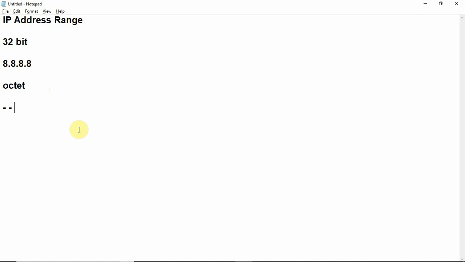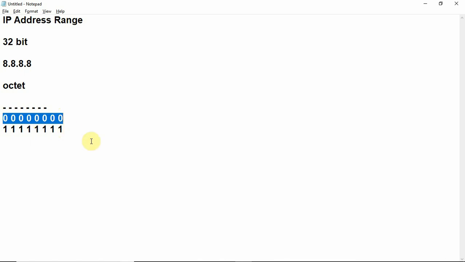So what are we going to do now? This first octet, what will it have? It will have 8 bits. So we are going to write it this way, 8 bits. Now what can be the minimum value? It is all zeros. And what will be the maximum value? Maximum, it is going to be all ones. That means if we study the binary system and we have 8 bits available, what will be the minimum value? 0 0 0 and so on.